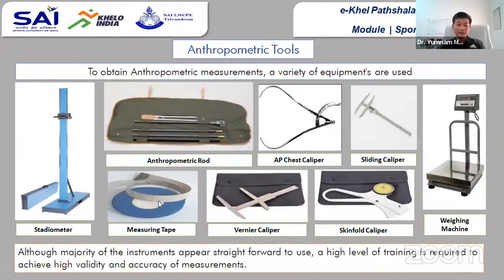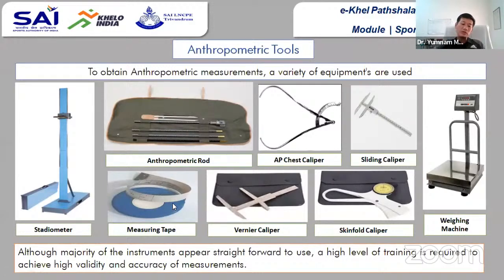Another is the measuring tape. This measuring tape is a little bit different from the local one available in the market, or the ones found at home. This is especially made for human body measurement. You will find here 10 centimeters is blank, and it is mostly 2 meters in length, and each 1 centimeter is marked.